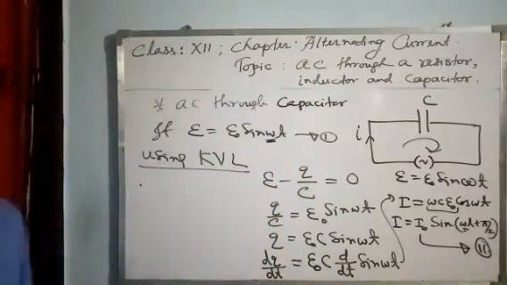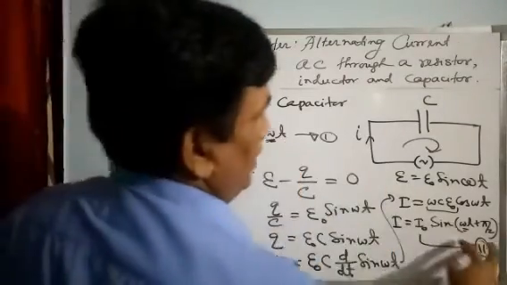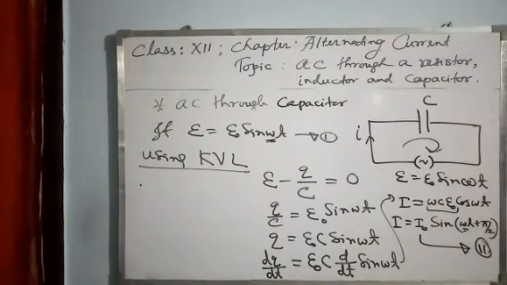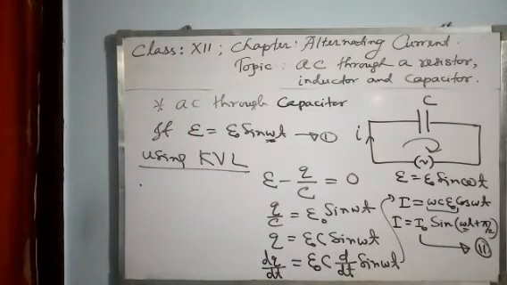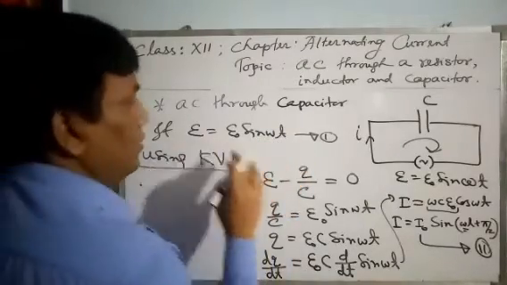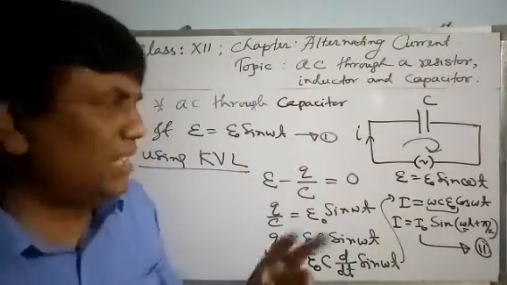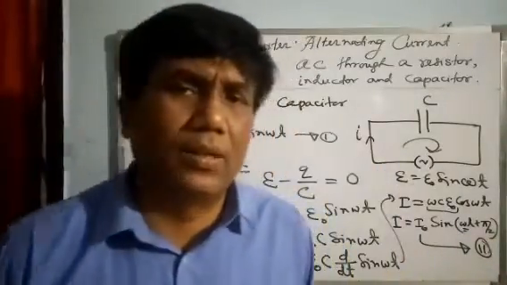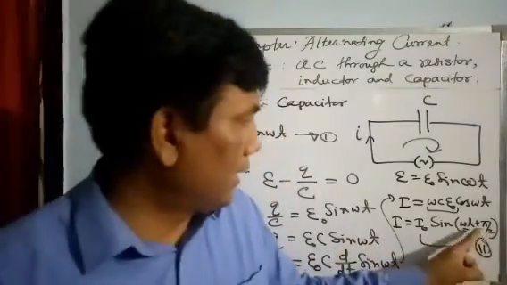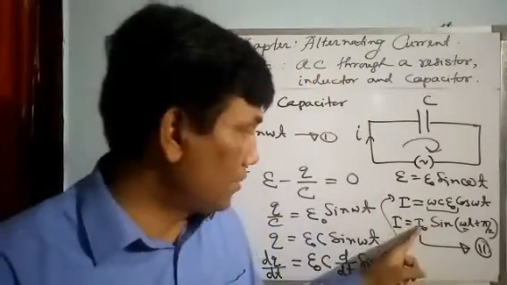Are they in the same phase? No. Very good, because this phase angle is omega t, and this angle is omega t plus phi. It means if voltage is 0, will the current be 0? No. See, for any value of t, say t is 0, voltage is 0. If t is 0 here, I equals I naught, the maximum. To some extent it is the same as that inductor, but the difference is that at t equal to 0, voltage is 0 and here current is I naught, but there at that moment it was minus I naught.